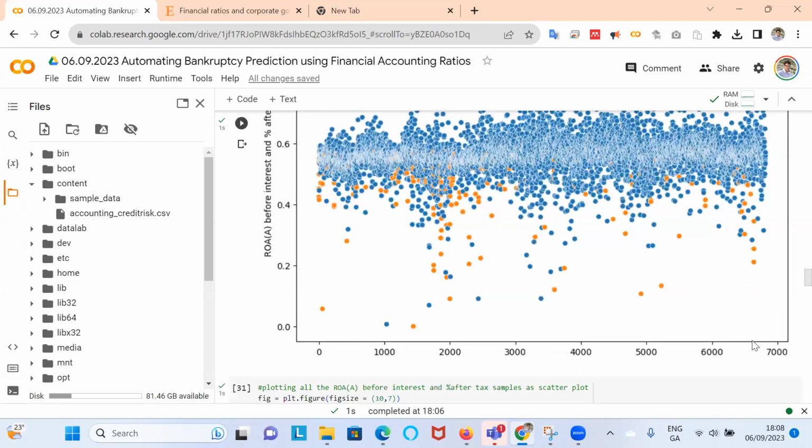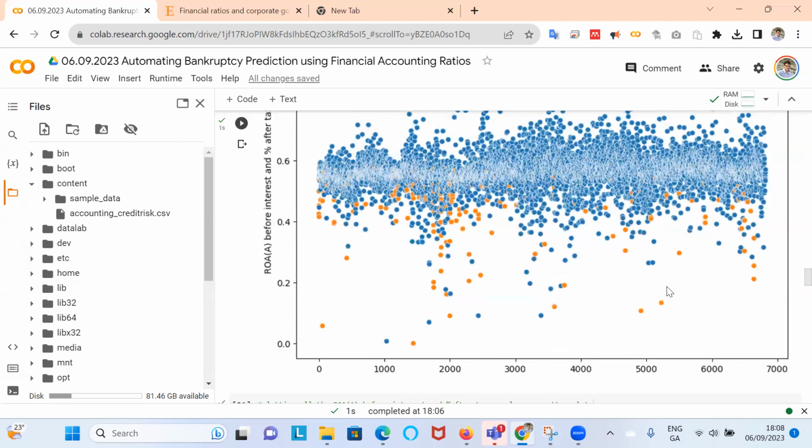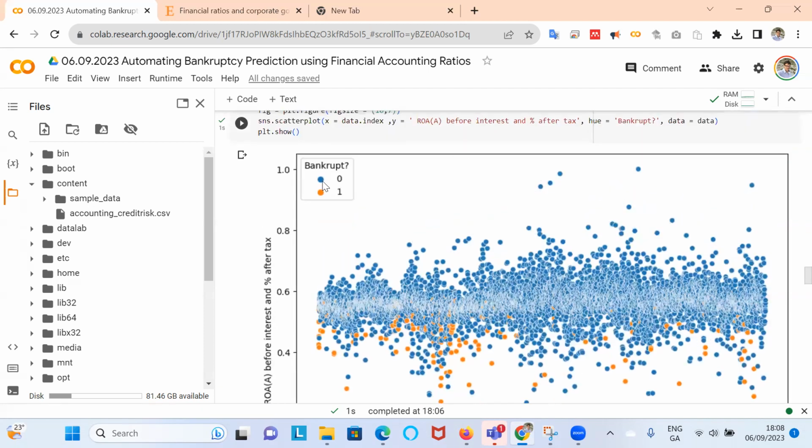This is for the 6,800. So each dot here represents a row. And we've mapped out those companies that are not bankrupt. And the orange color here is where the company's bankrupt.